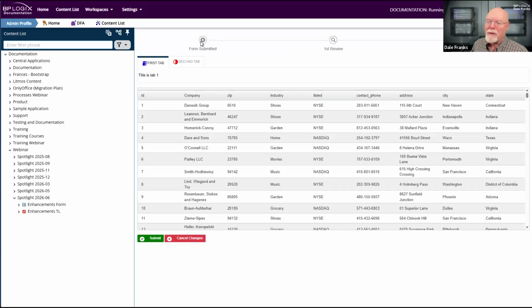So at the very top, everything is grayed out to match the gray colors that I'd placed on the configuration on the general tab. But now if I go ahead and submit my form, I will no longer be in new form instance. And there you go, my form is submitted. So I'm at the form submitted step. I haven't completed a review or anything, although I can complete one now.